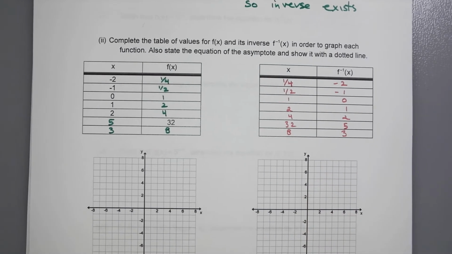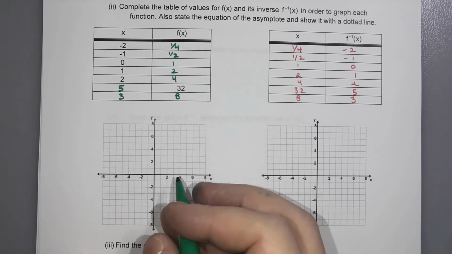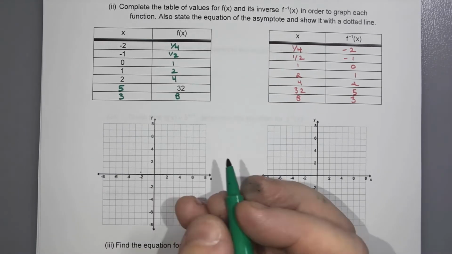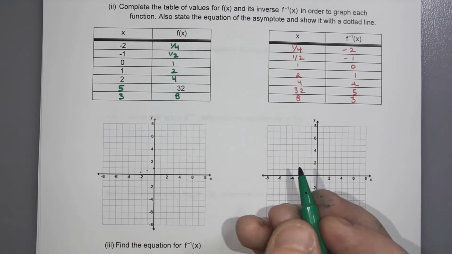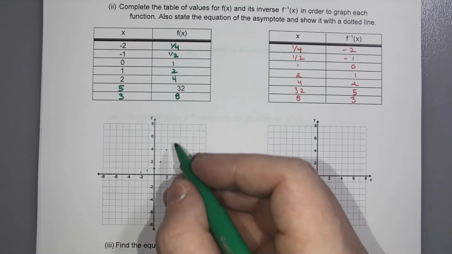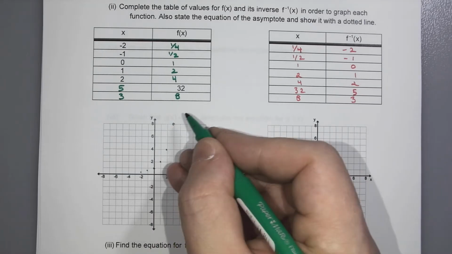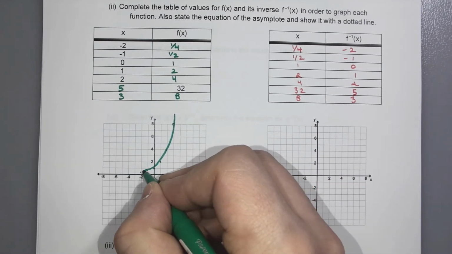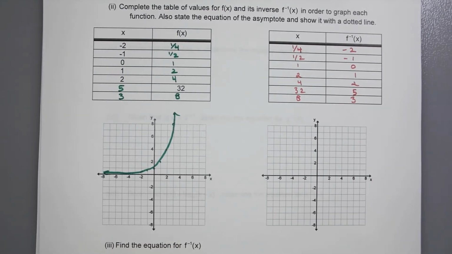Okay, so on the green side, 2 to the x is going to be negative 2 gives 1/4, negative 1 gives 1/2, 0 gives 1, 1 gives 2, 2 gives 4, 5 gives 32, and 3 gives 8. This should not be too much of a shock given our last couple days of school, classes. Over here, when we reverse them,